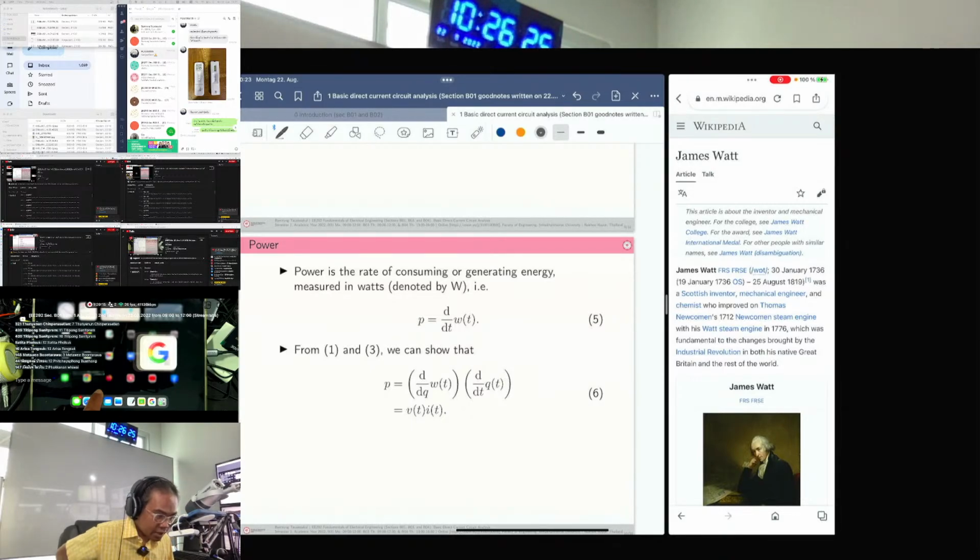if you use the chain rule, this is dW by dQ, and you multiply by dQ by dt. Okay, this is the chain rule. But from the knowledge by Alessandro Volta said,